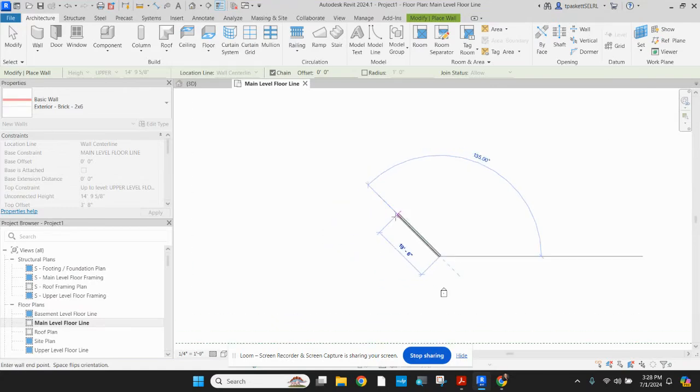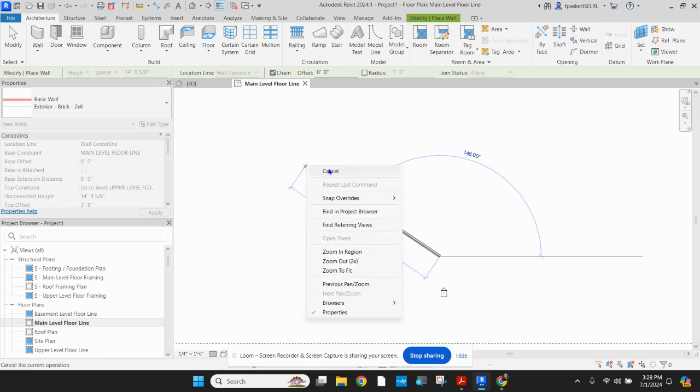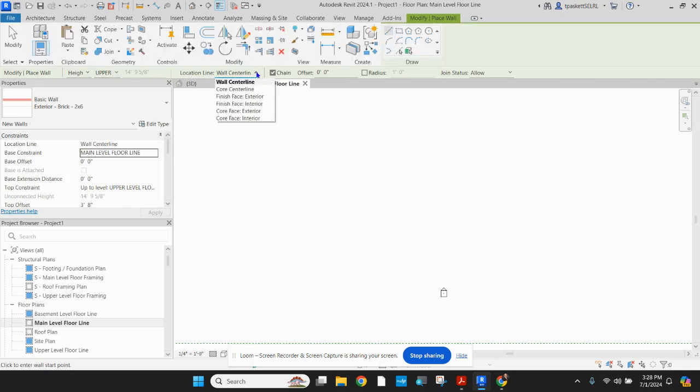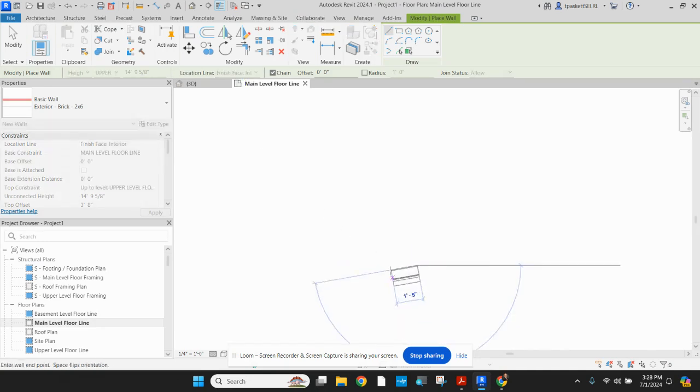Now, I need to look at how this wall is being drawn. So if I come across the top in this small ribbon, it tells me that I'm currently drawing by the center of the wall. That is not what I want. So I'm going to cancel. And I come up here and look again. So I have center location. I want to draw by the finished face. Let's go interior this time. Okay. So now when I pick and I look down this line, the blue line is the